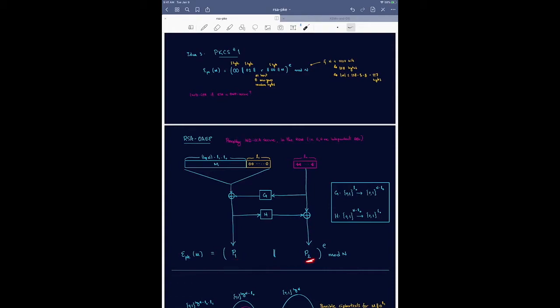What if you mess with P2? So I leave P1 alone. I've got some P2 prime here. Well, you can repeat the argument. If P2 prime is different from P2, then really no matter what this is, you're going to get something here that's not the random bits that were used to create the ciphertext. So again, I get a new input here, which produces a uniform bit string here. And again, almost certainly I don't hit this string of all zeros. So that's the hand-wavy argument for why this scheme achieves IND-CCA security, is that almost certainly